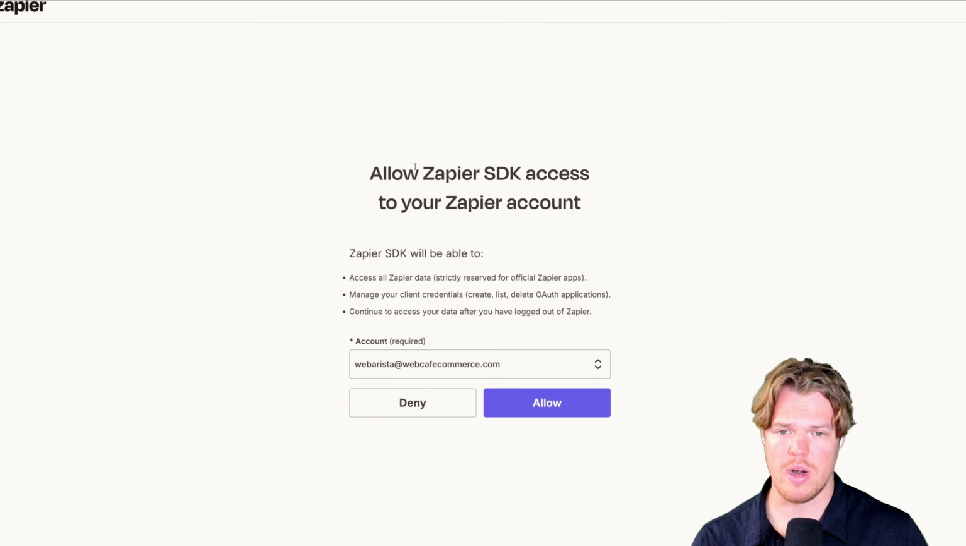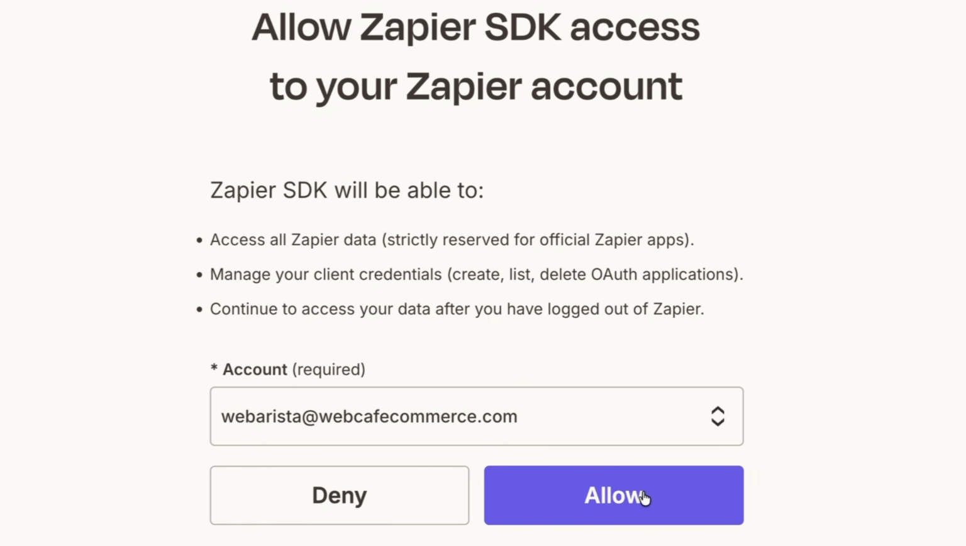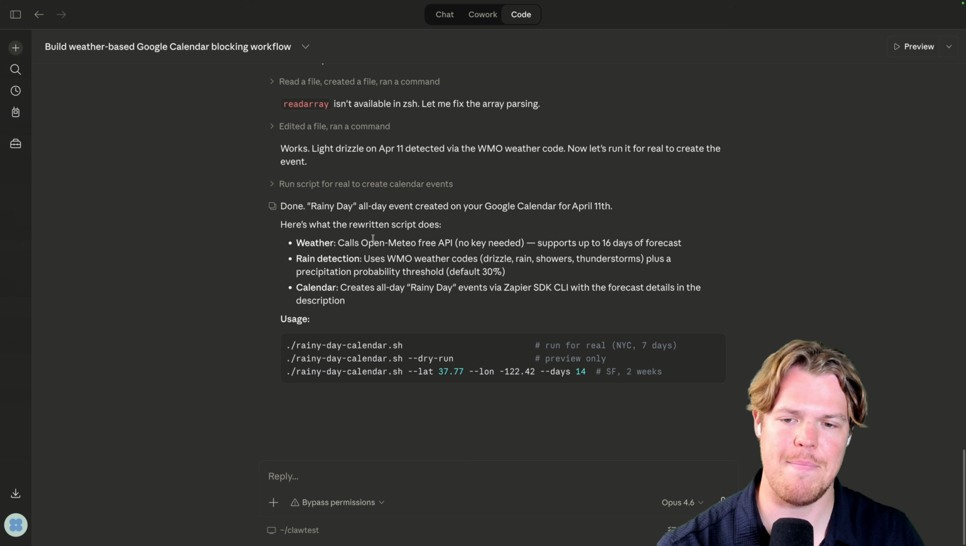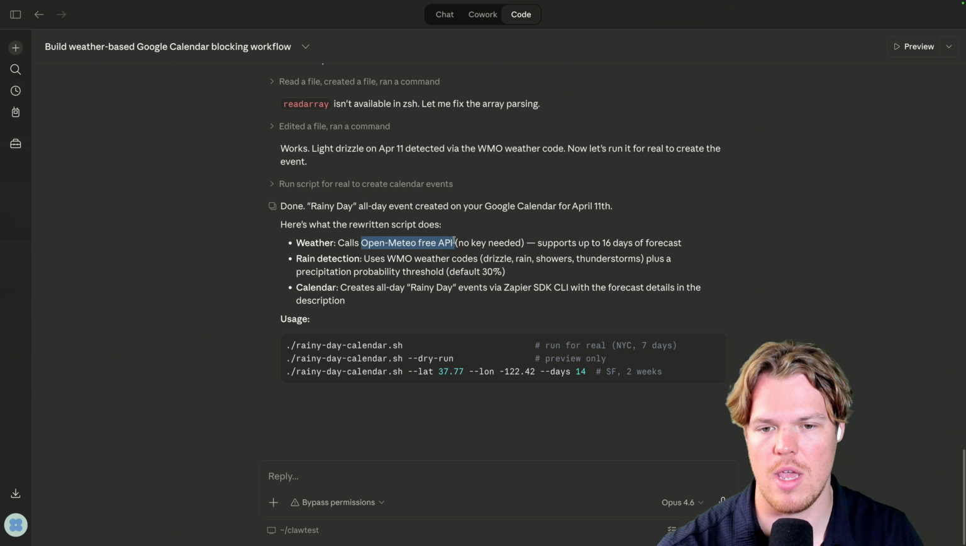As I said earlier, we're going to have to give Zapier SDK access to our Zapier account. This is obvious. This is so that we have that secure connection with everything within Zapier's ecosystem. I'm going to hit allow. And with that allowed, the fun begins. So we got our first iteration from Claude Code. We're going to be connecting via Zapier's webhook here on Open Meteo free API so we can get the weather